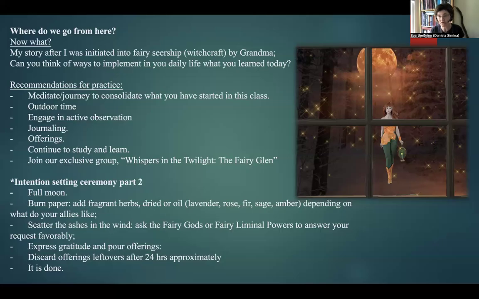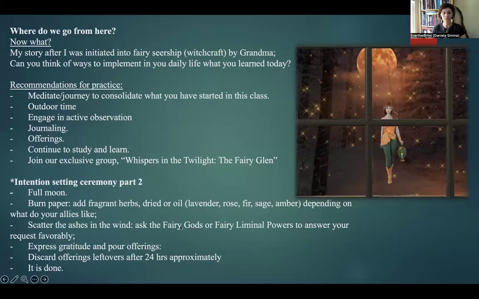And in part 2, where there are a lot of meditations, hands-on practices and self-healing with the assistance of fairy guides, we're going to go deeper into fairy gods or fairy liminal powers and see who they are, what they are, and why they matter. And once you have that knowledge, by no means are you compelled to follow. It can be just informational, or there could be tidbits in there that you want to incorporate in your practice. It goes either way.